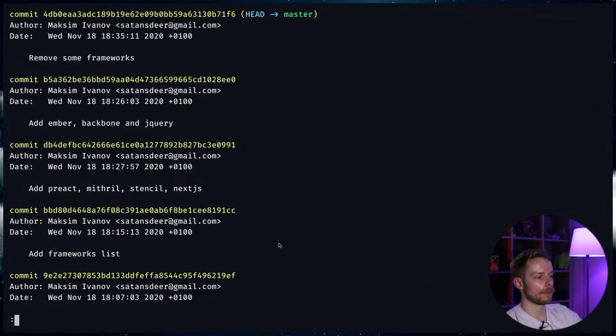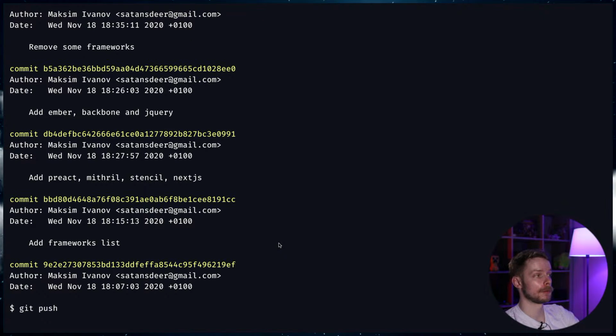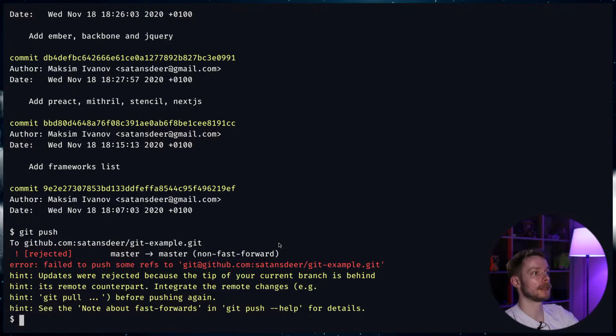But you see what the problem is now: if we do git push, it will not allow us. It will say that you cannot just fast forward the changes, because the version of the repo that is on GitHub now has this commit, and we don't have it. And Git has no way of telling which version of the repository is correct. What should it do? And then the only way to fix it is either to agree with the remote changes